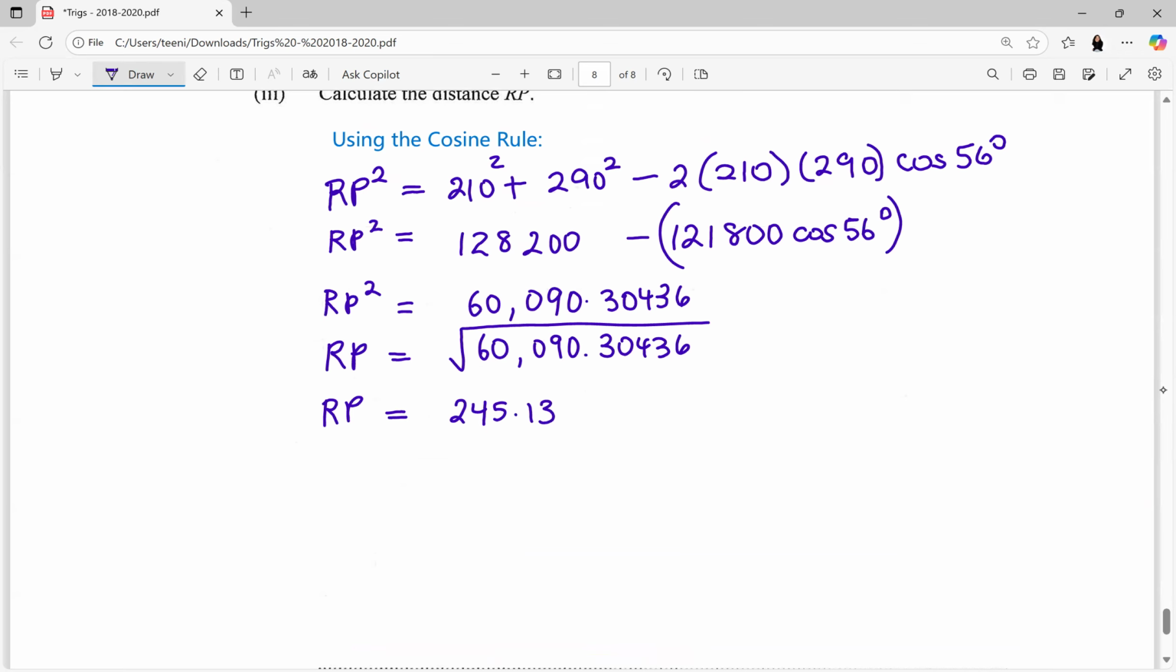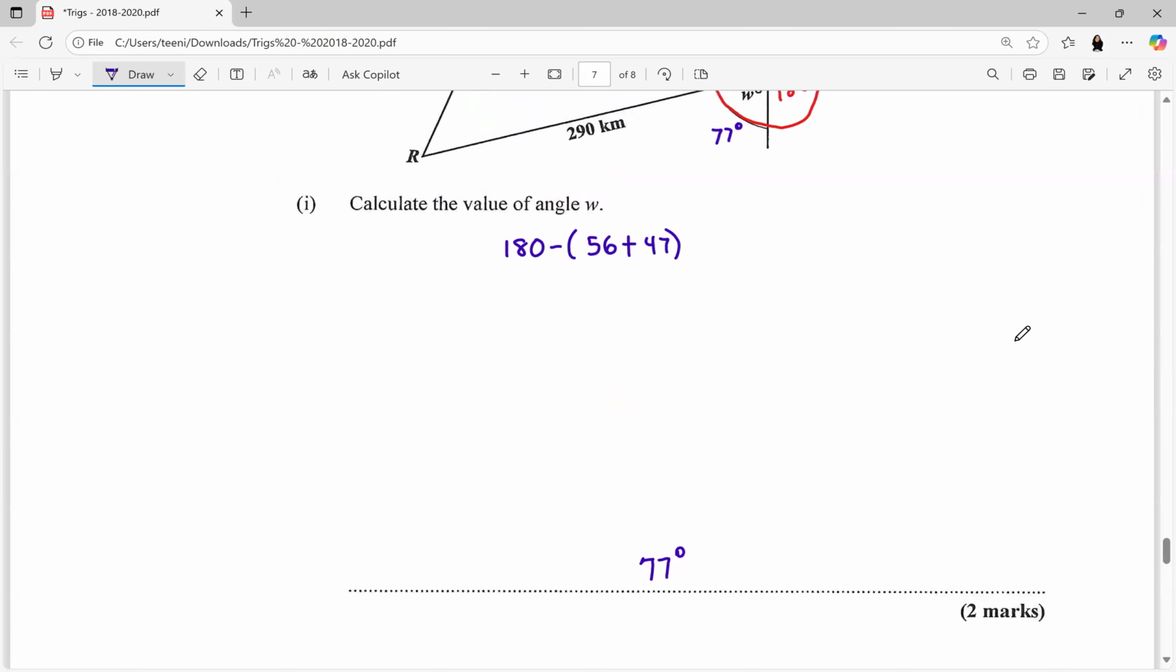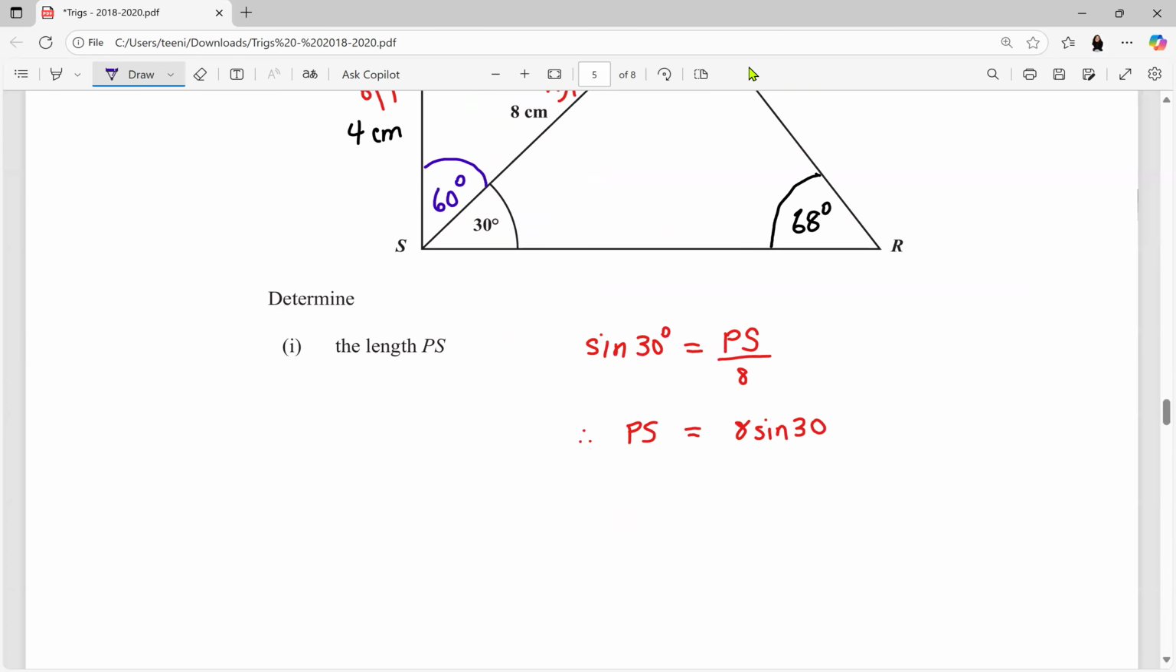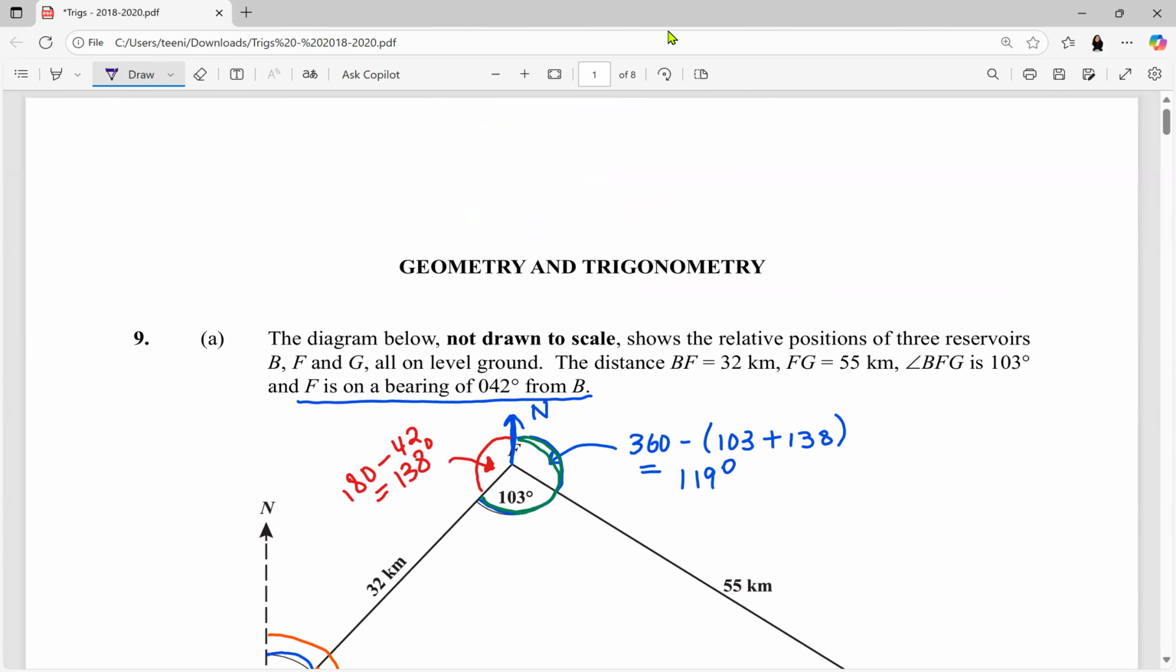So the square root of that will be 245.13. So this answer is 245.13 km taken to 2 decimal places. And that's it. That's the solution of all the questions completed, right? So what I want you guys to do